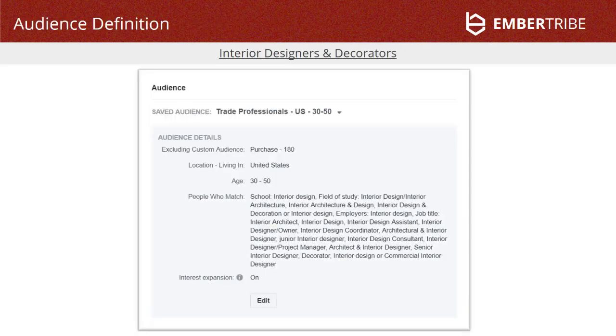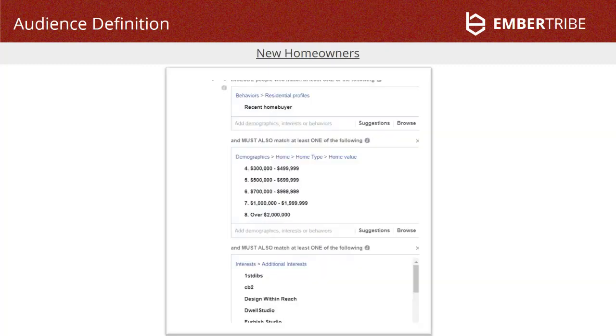So we're working with a high-end home furnishings company, and they had two key customer bases. They had the consumers and interior designers. So people basically trying to decorate their own home or people being paid to decorate others' homes, offices, or other buildings. And this is basically how we targeted the interior designers. We looked for people who studied interior design or had job titles like interior designer, interior architect, decorator, that sort of thing.